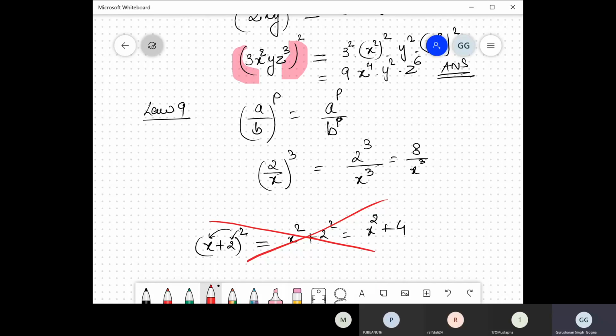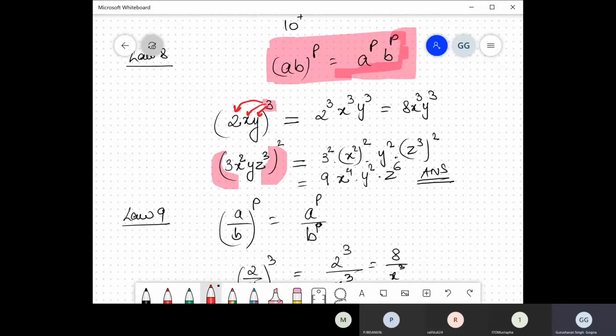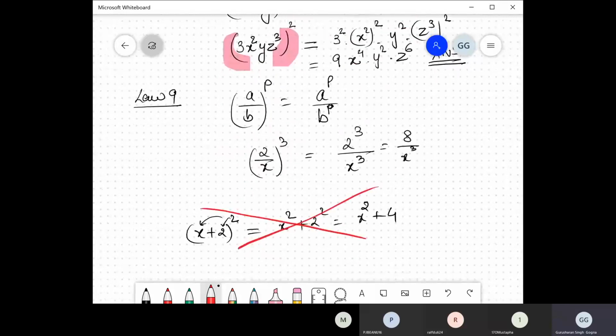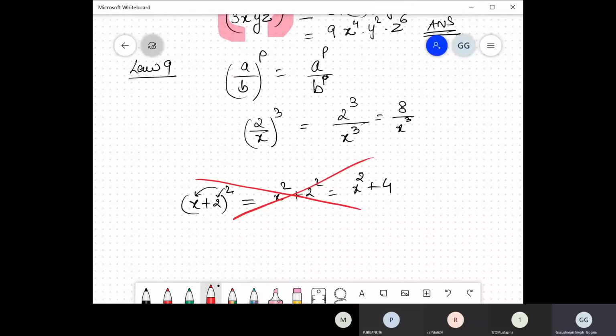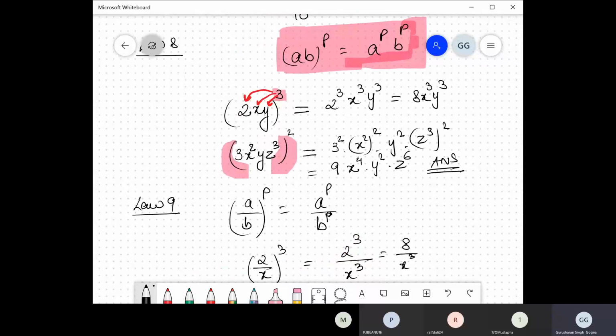Because the law which I explained here is only applicable in case of multiplication or division, transferring power to each of the terms. You cannot transfer power to each of these terms if you are doing addition or subtraction. So make sure you keep in mind this law only works in case of multiplication or division, when the terms here. So when you write here, for example,